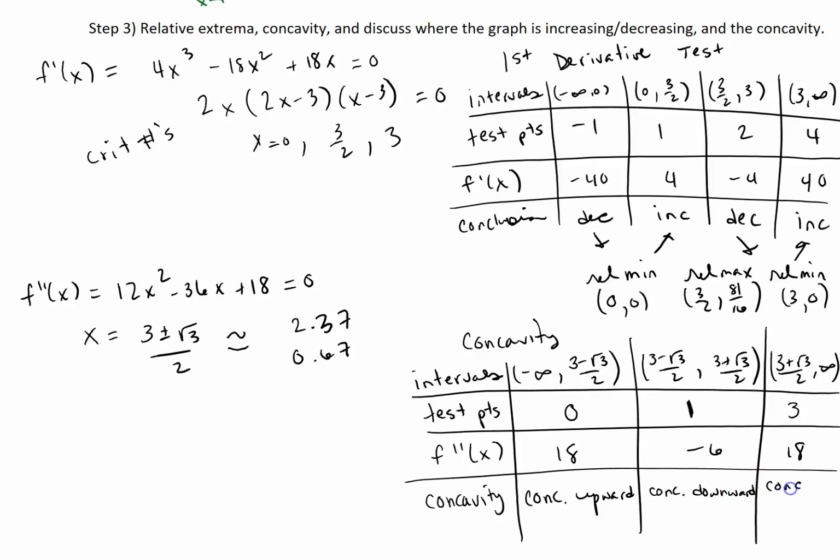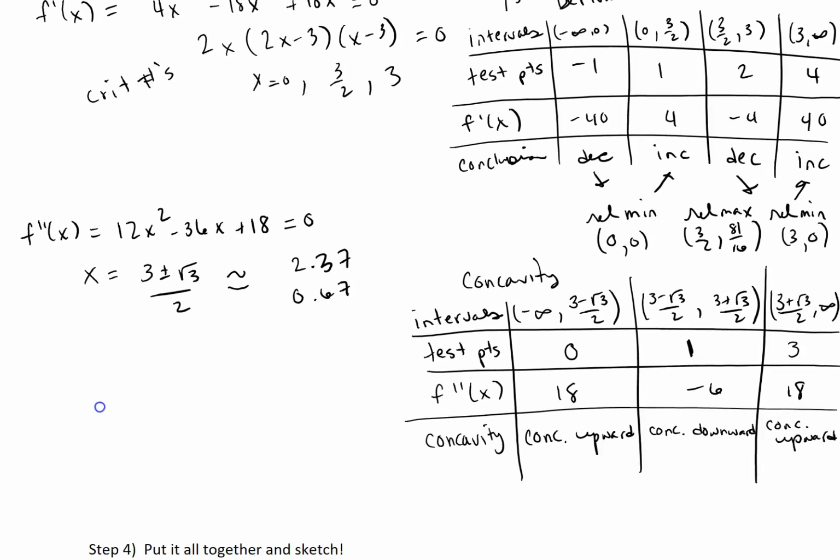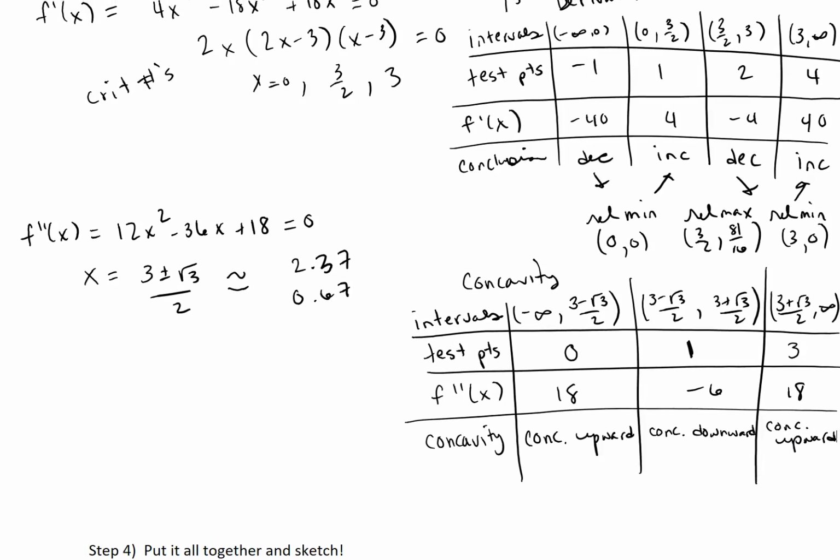And this one is concave upward because it's positive. So that's my concavity. And then the very last thing is you want to verify that both of these points where it changes from upward to downward or from downward to upward are points of inflection. So we do have an inflection point at 3 minus the square root of 3 over 2, and then I just want to plug in to that